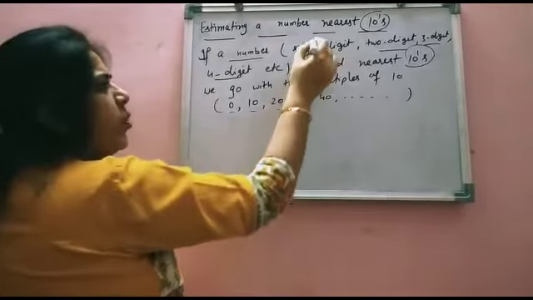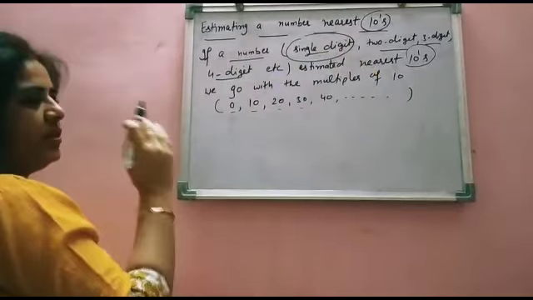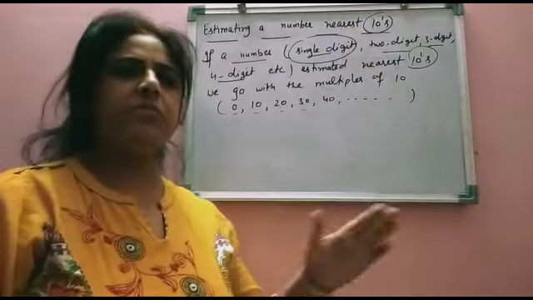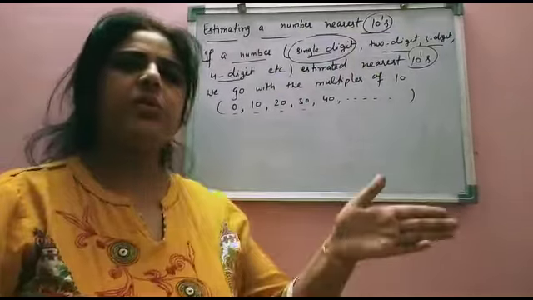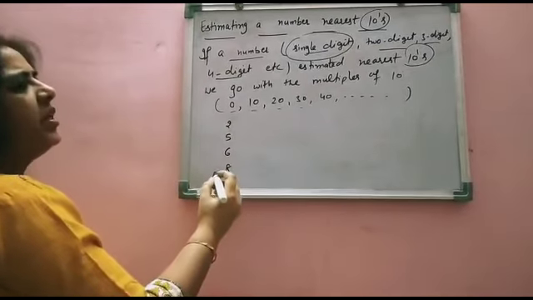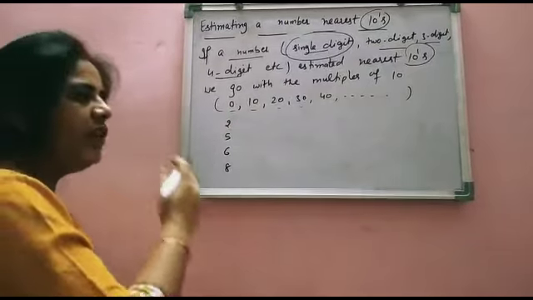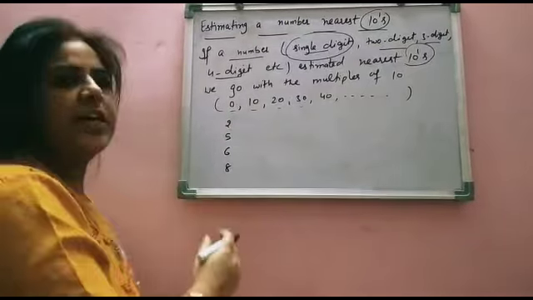Now, just suppose we are taking the example of single digit. As we know, we have a single digit number from 0 to 9 only. And we are taking some examples, just suppose 2, 5, 6, 8. These are examples of one digit numbers, and we are estimating these numbers to the nearest tens. Now all these numbers, students, lie between 0 and 10. What is the halfway of these numbers? Halfway means the midpoint of these numbers is 5.